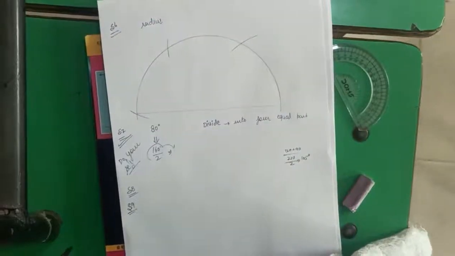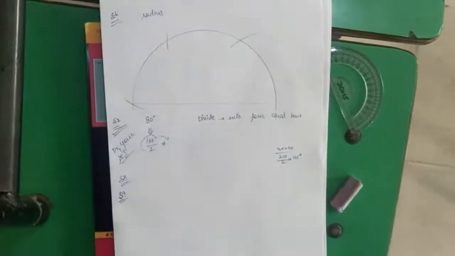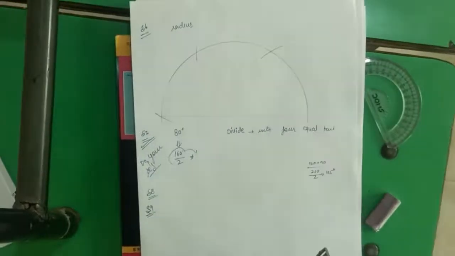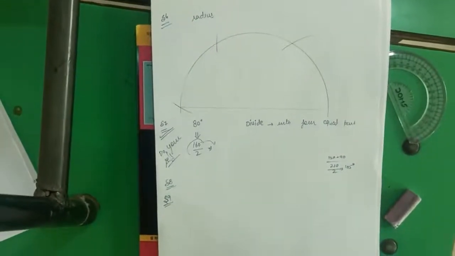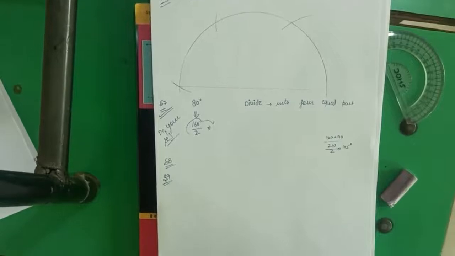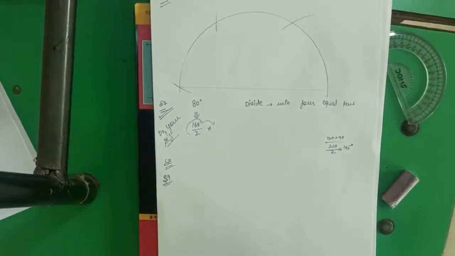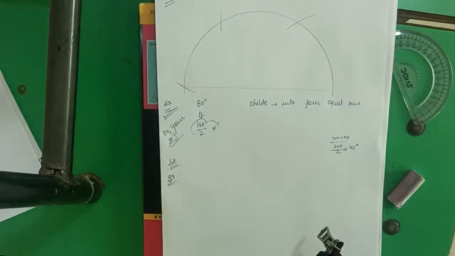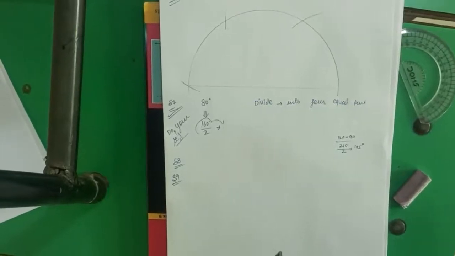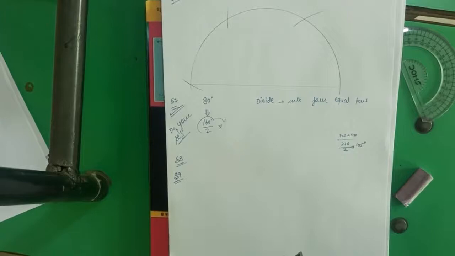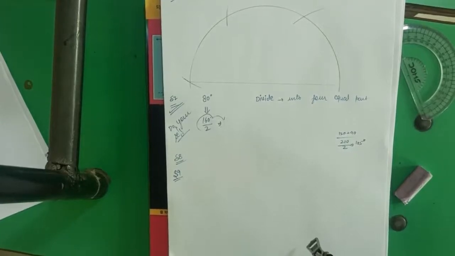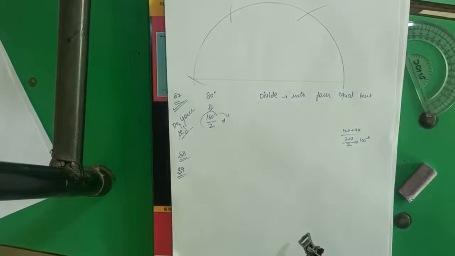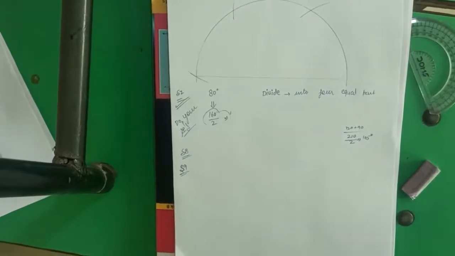After this, come to the S9. Draw a circle of radius 3.5 centimeter. Draw any 2 chord in the circle. Right? Firstly, circle draw करेंगे आप 3.5 centimeter का. Then draw any 2 chords in the circle, and hence draw the perpendicular bisector of the chord. So this also very easy. I hope you can do. And after that you will find the point of intersection of the bisector, means where they two bisect each other.